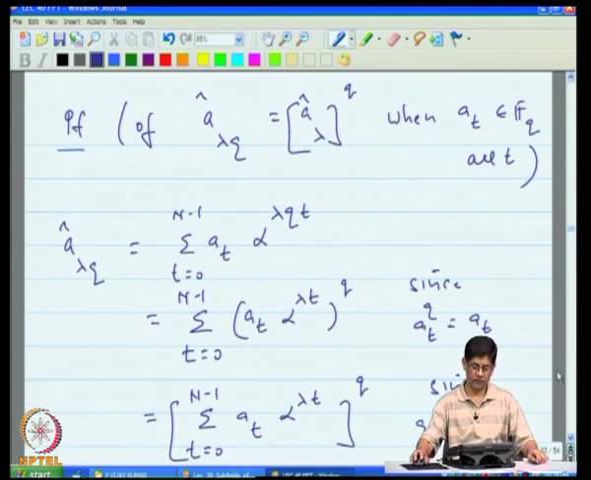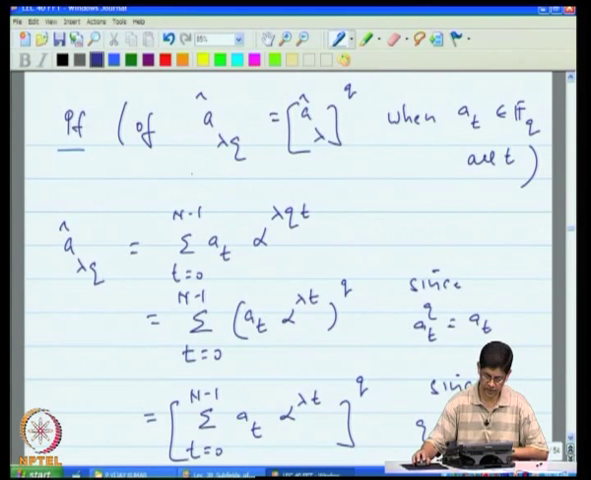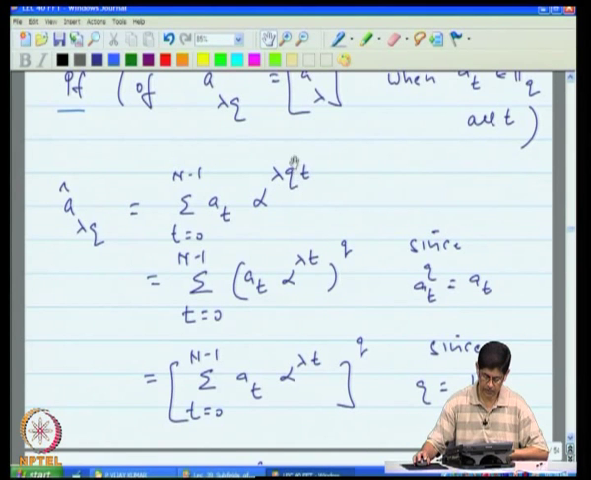So, we want to prove this, and this is quite straightforward. Let us start with this expression and we will reduce it to this form. So, a hat lambda q, you just follow along with the definition. In place of lambda we have lambda q, but then